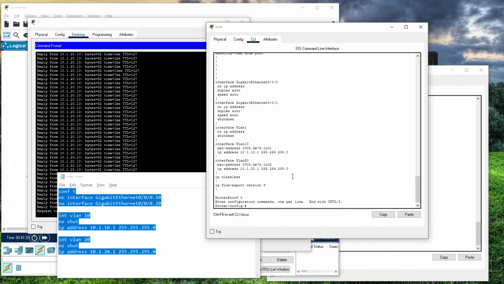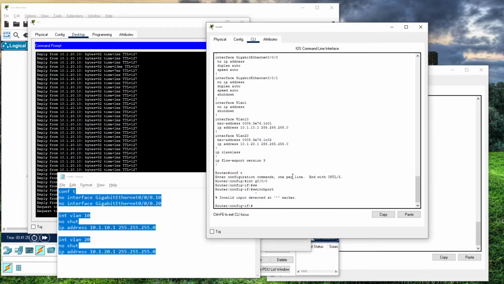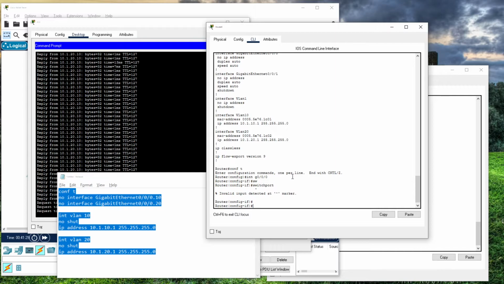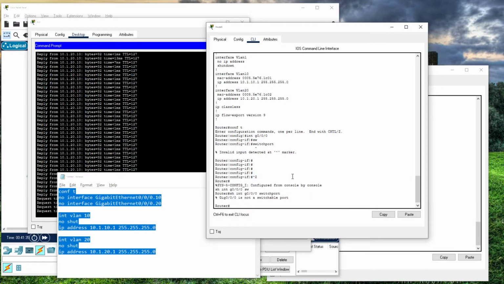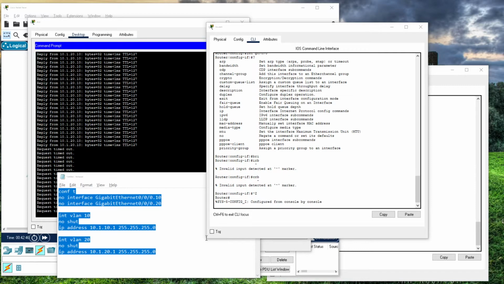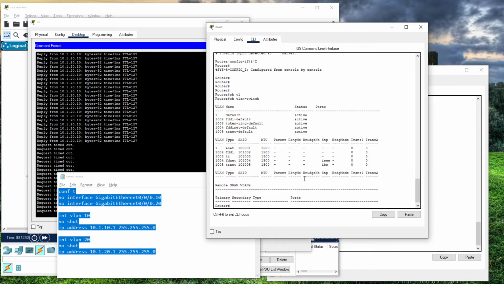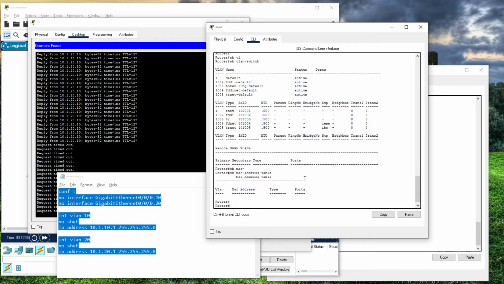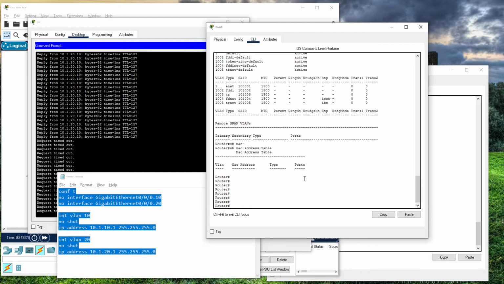Okay, now we need to convert to a switch port. Can we make it a switch port? It's not a switchable port. Okay, well maybe that explains the extent to which we're going to be able to do inter-VLAN routing on a 4321. Okay, so interestingly on this 4321, you have a VLAN switch and you have what looks like MAC table capability. So it gives the impression that it can be a bridge